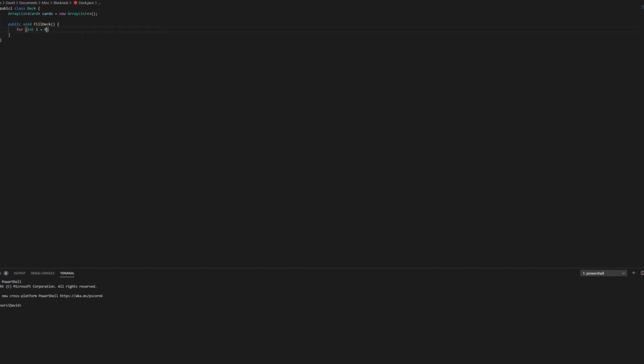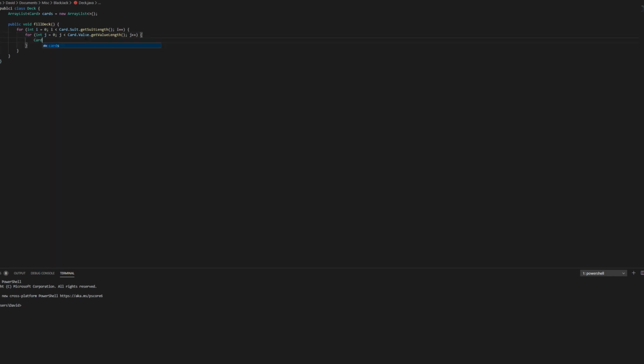So for int i equals 0, i is less than Card.Suit.getSuit length, i plus plus, and for int j equals 0, j is less than Card.Value.getValue length, j plus plus,